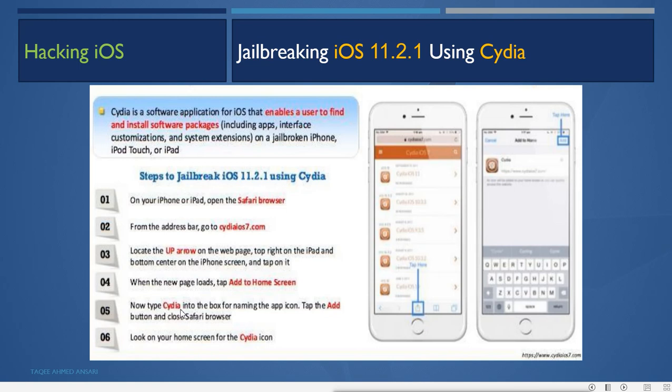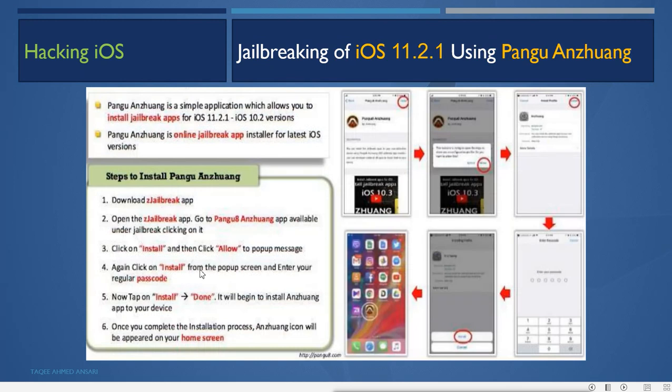Now type Cydia into the box for naming the app icon. Tap Add and close Safari. Then look on your home screen for the Cydia icon. Now Cydia is installed. Then you can use that tool to install third-party applications and all that.